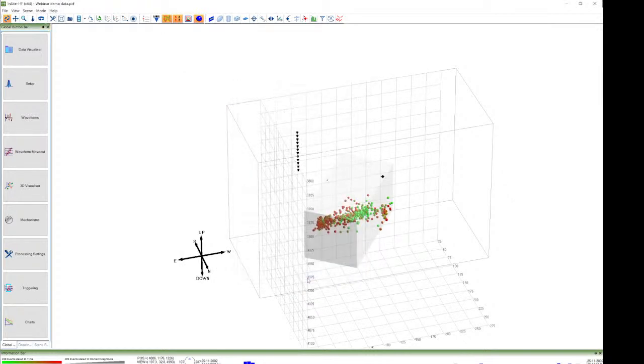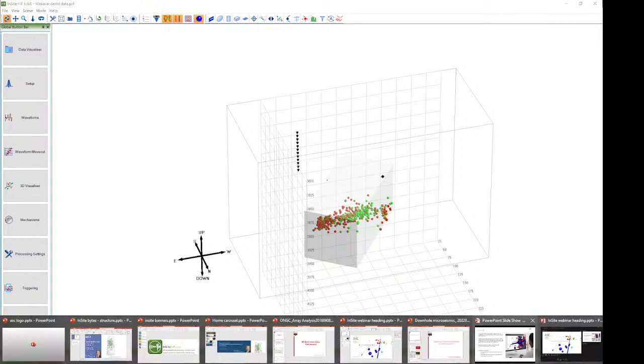Okay, so this is a very quick overview of the new features within this new release of InSite. I'm going to go back to the presentation just to say that